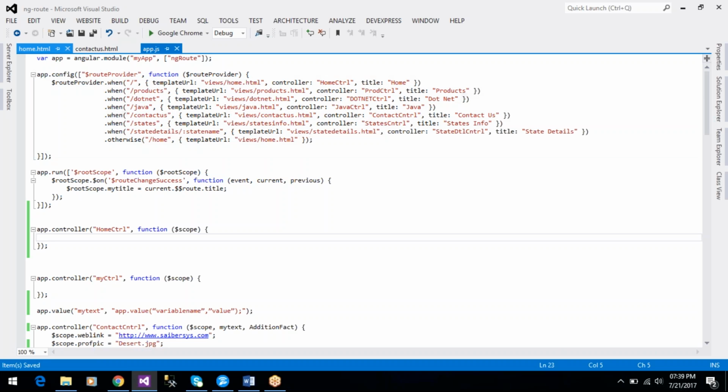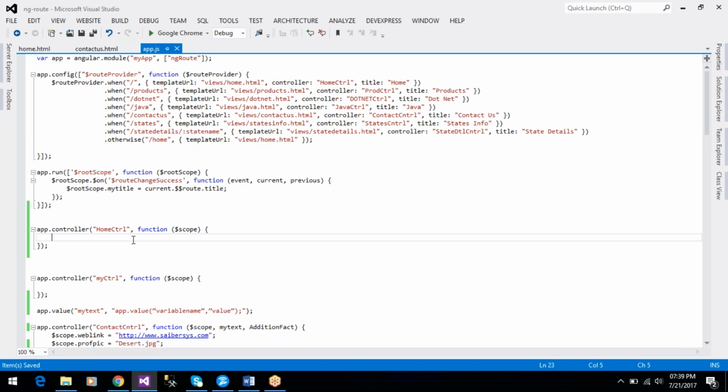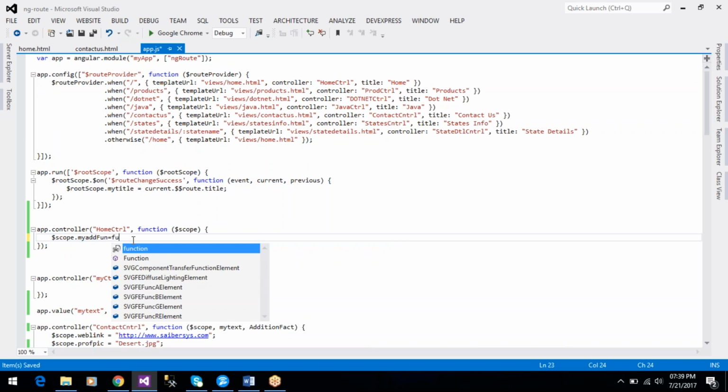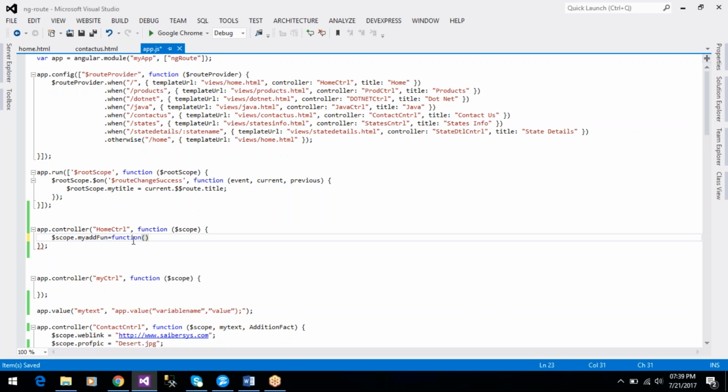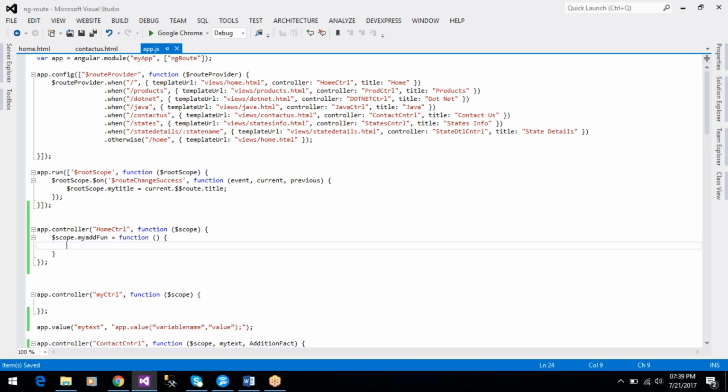So this controller contains this function, scope.additionFunction equal to. When you click on the button in the home template, this function is executed,